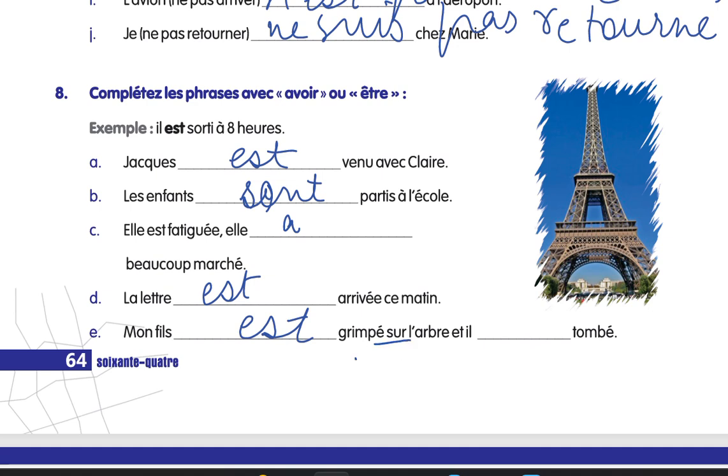By the way, it will come, so it is a synonym of tombe. Okay, he fell from the tree, and tombe sur l'arbre. And he, okay, tombe is here. Il est tombé. So sur l'arbre, oh sorry, grimpé is to climb, right? He climbed the tree and he fell, il est tombé. So mon fils, right? The next one is